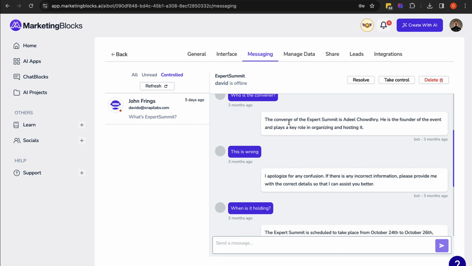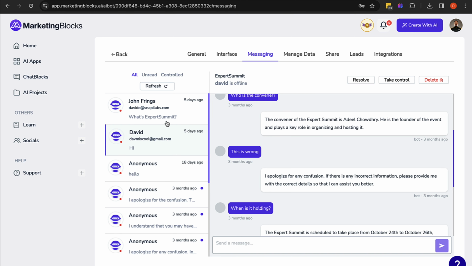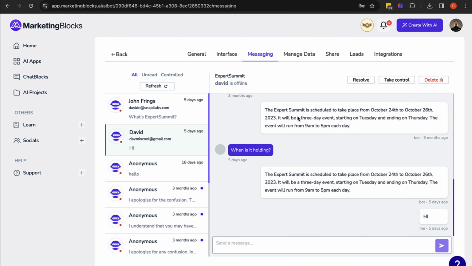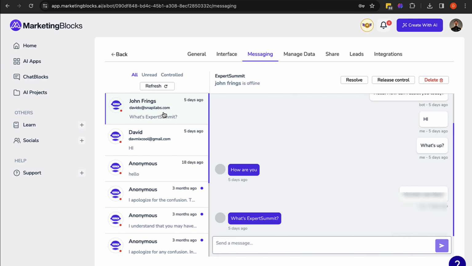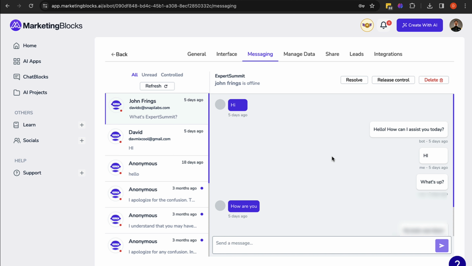Take for instance, you come right here and review your bot, and you see the conversation with David, and you say, okay, everything was answered good and fine. You could easily click on resolved, to show that the bot handled this particular conversation and it's all good to go. But if you come over to another chat and probably catch John online, because it shows online if the person chatting is actually online, and the user is trying to get some information, trying to make a buy decision,